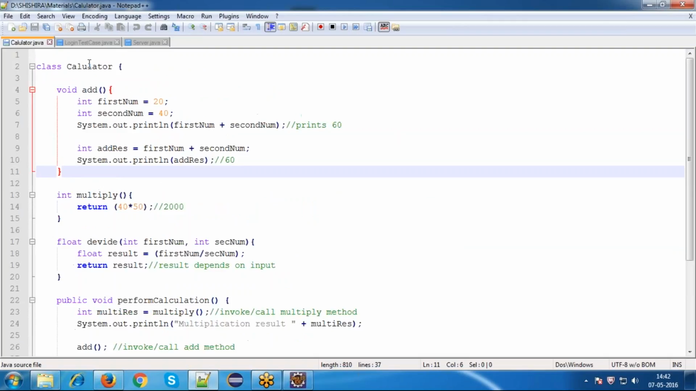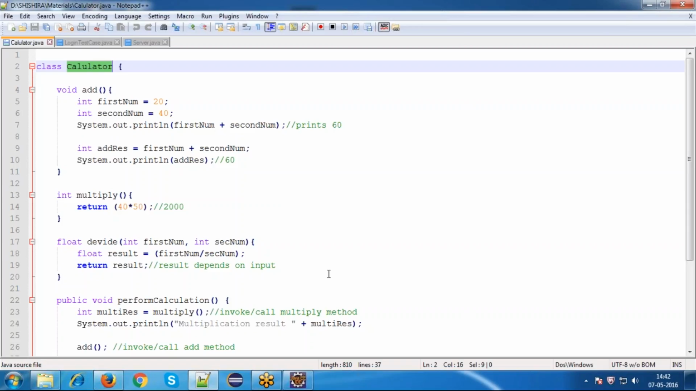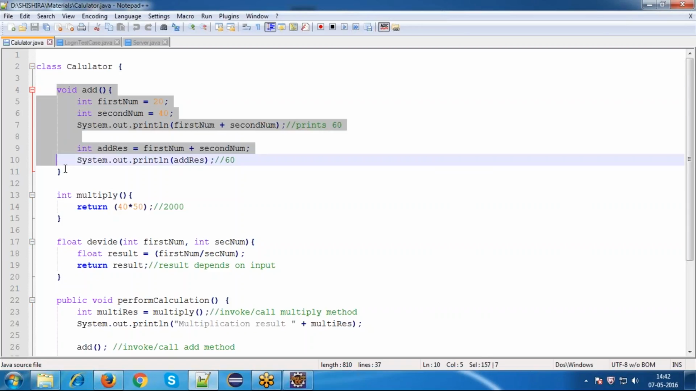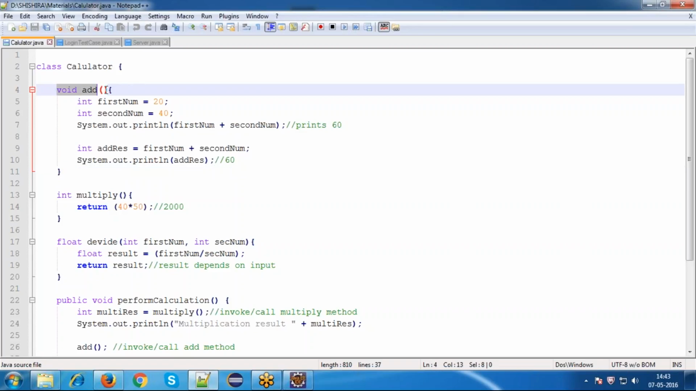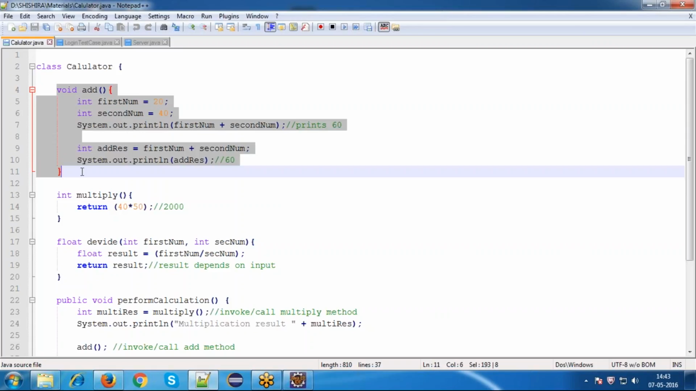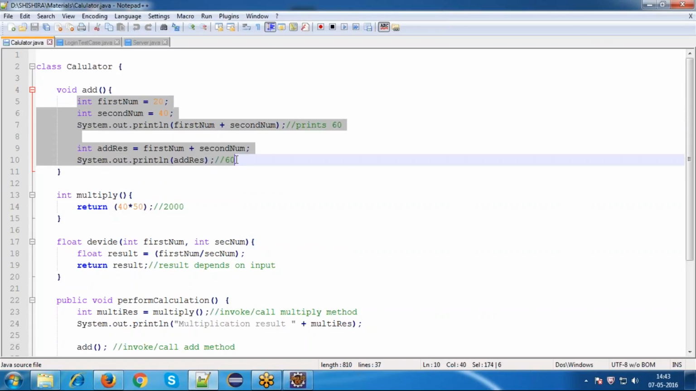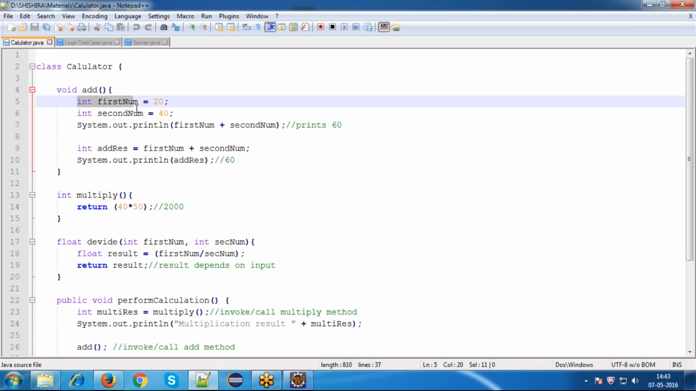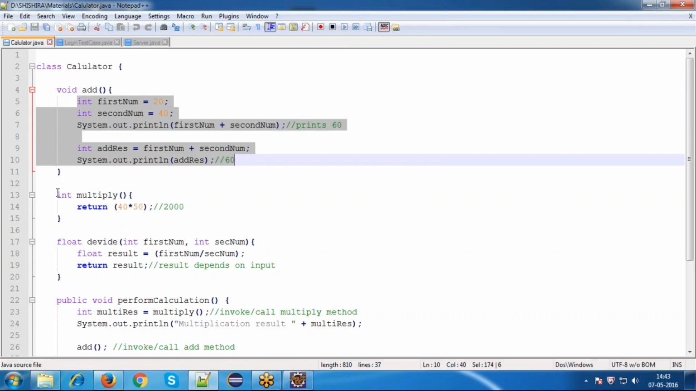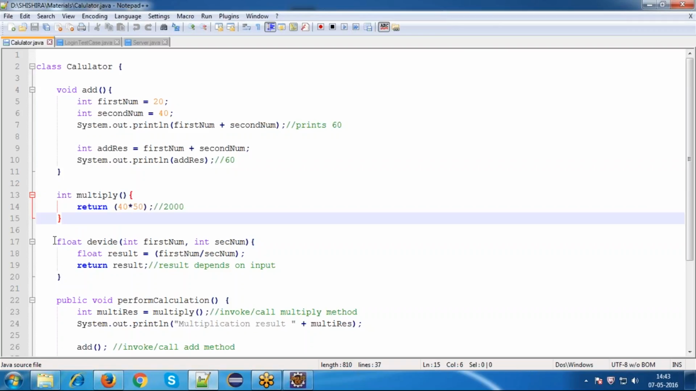I have a class called calculator class, a simple calculator class with a few methods like the add method. From here to here we call it the method body, or the method signature, and this is called the implementation. That is, whatever logic we write inside a method is called the method implementation or method logic. Within this is called the method body. Another method is called the multiply method, another method is called the divide method. If you observe this carefully,